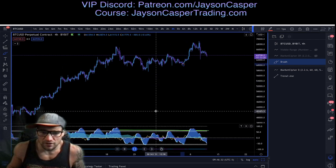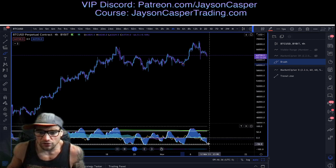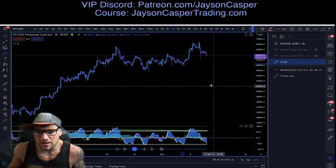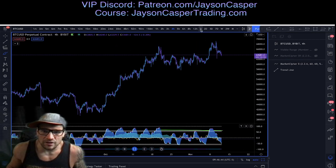If we look at the 4-hour time frame, we are getting a case of floppy butt cheeks right here, where the money flow is curving down and the momentum wave is also coming down, looking like a very floppy butt cheek. Now, if we also take a look at the daily time frame and we just draw some lines